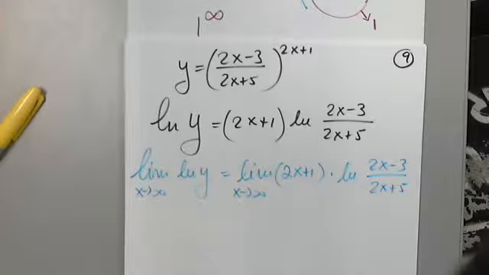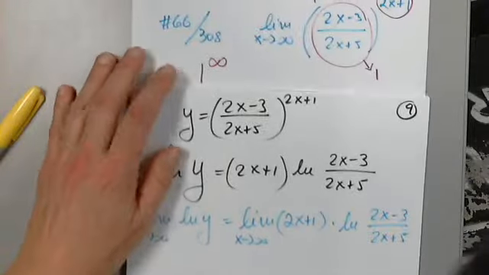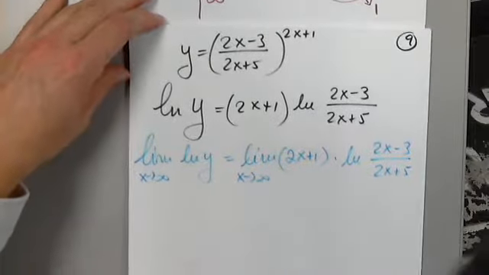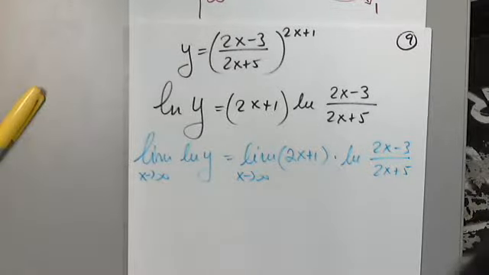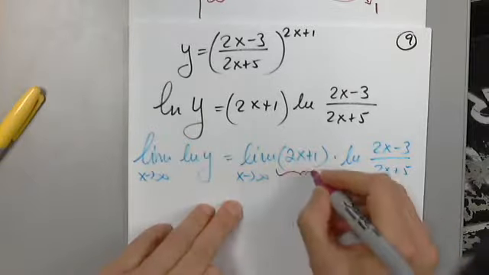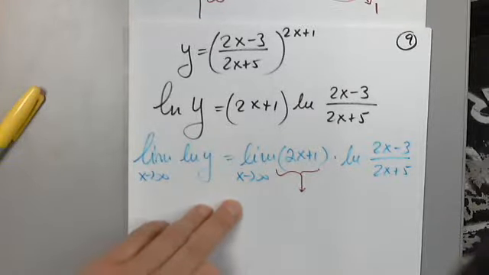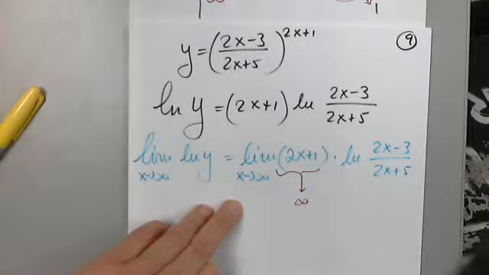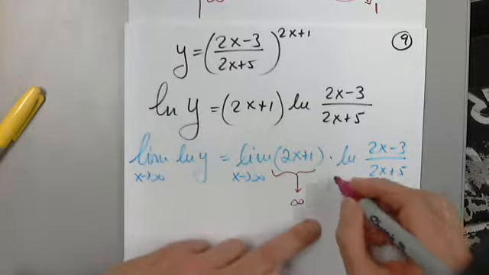Now I have to test again. I have no choice. I'm hoping that it's no longer 1 to infinity. I hope that I change it into a product now, from a power, indeterminate case power, to a product. Let's see. When x approaches infinity, where does this go? Awesome. Very good. Where does this go?